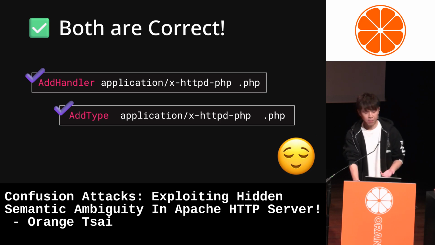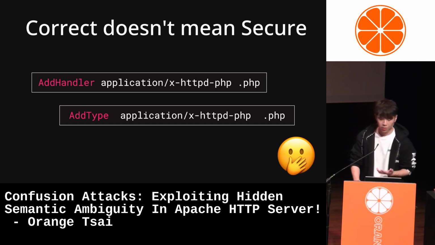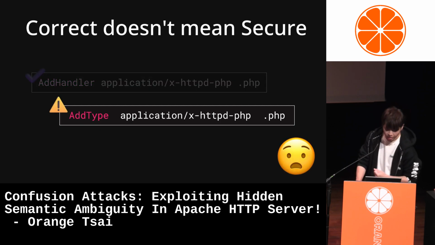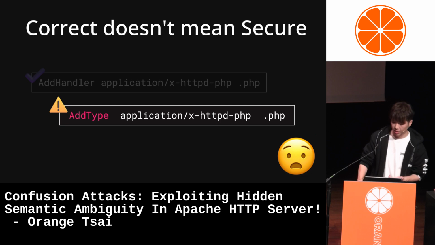So this means both configurations are all good? Firstly, being correct does not mean being secure. And under certain conditions, AddType has been proven to be vulnerable, allowing attackers to disclose the PHP source code remotely. And we will discuss the reason later.